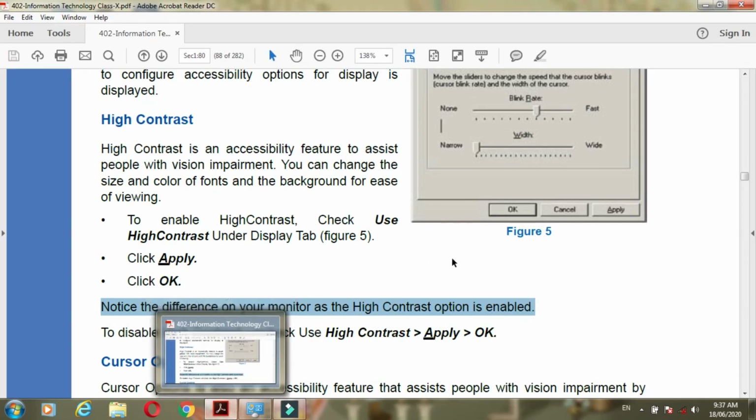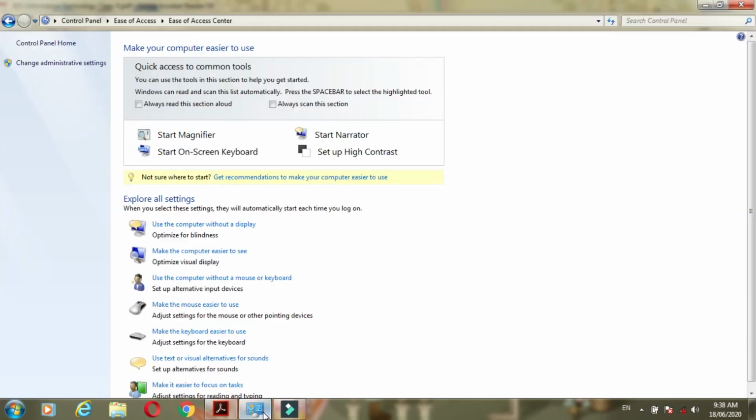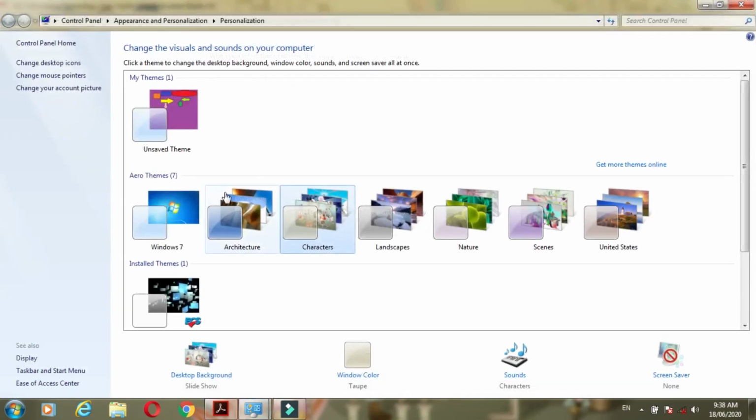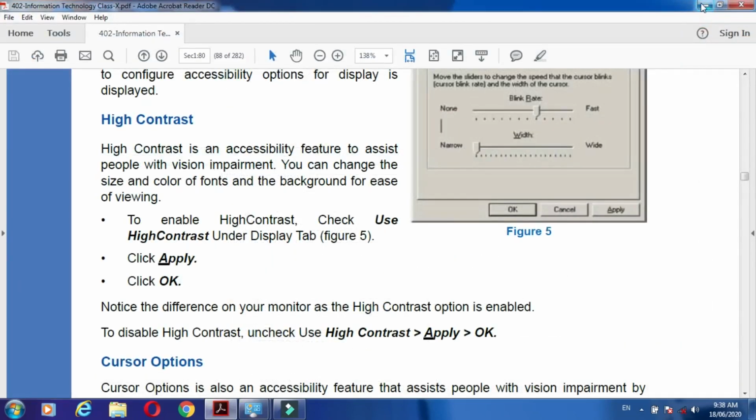Okay, now to check, if you want to check the contrast display system, you just go here, change the system, change the high contrast. See, have you got the sound? It means it cannot be changed, cannot be applied, and it emits a sound. In this way we do not change the high contrast setting. Understand?